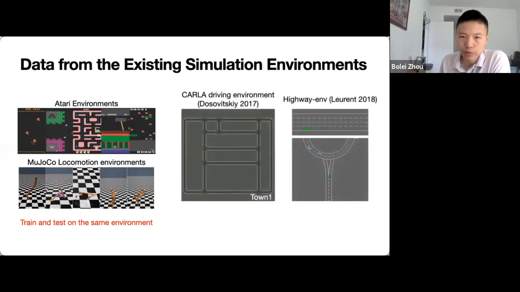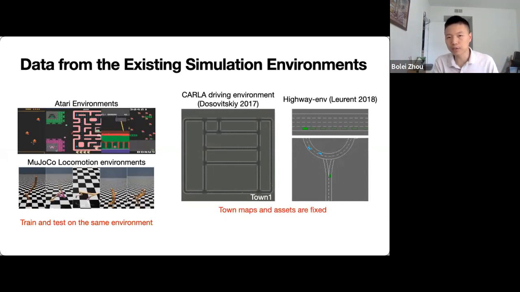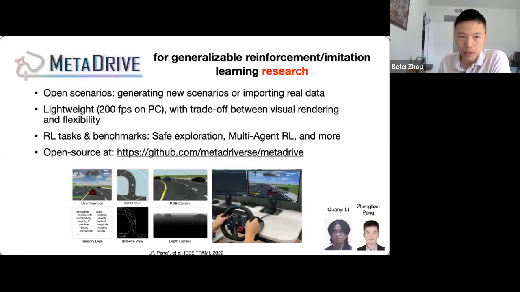With the application to self-driving, autonomous driving, people build some simulators. Some existing simulators, such as CARLA and highway environments, also have a limited number of town maps and assets. For the CARLA environment, people usually train on Town 1 and evaluate the model on Town 2, but there are still very limited assets. So it's very easy for the agent to overfit the environment. To address this issue, towards more generalizable research on reinforcement learning and imitation learning,